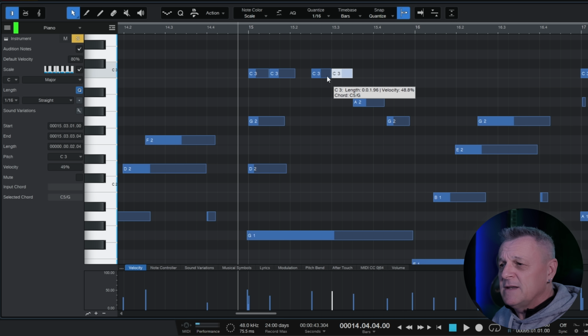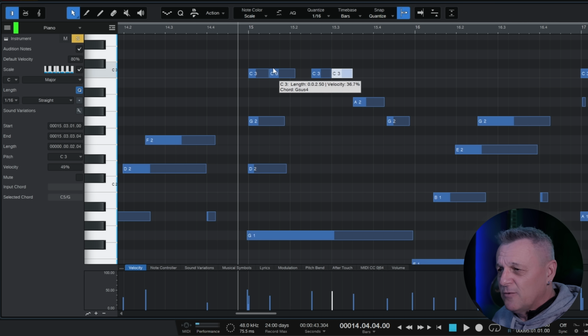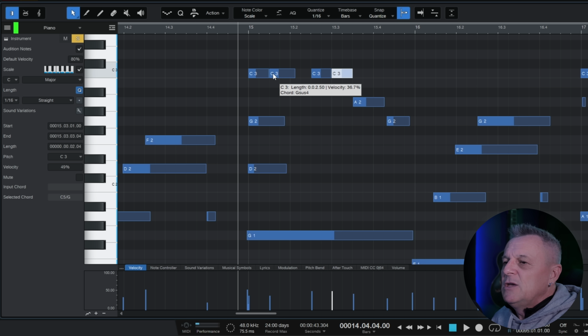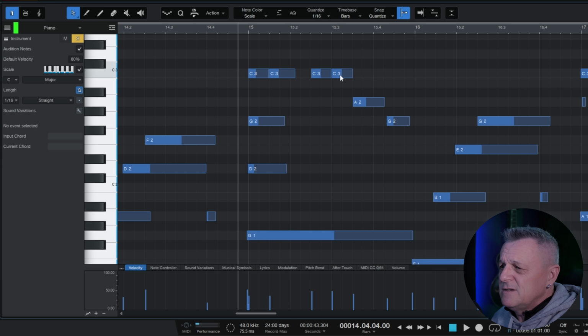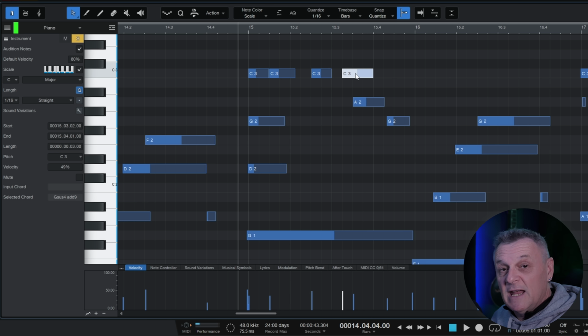Now, that's a great feature, very handy, but it can also be annoying if you accidentally keep splitting notes when you just meant to grab them and drag them to a different place. So new in 6.2, you can actually change that behavior. If you look at the toolbar up here, we've got two different types of cursor. At the moment, it's on the extended cursor, but we can change it to a basic cursor, and that means that we're just using the cursor to drag notes around or change their length, etc. And if you want to quickly swap between the two, just press the number 1 on your keyboard and that